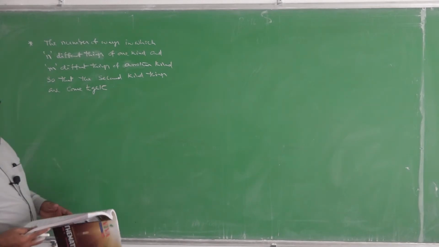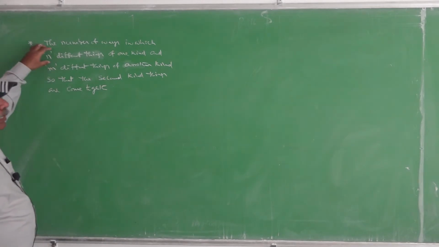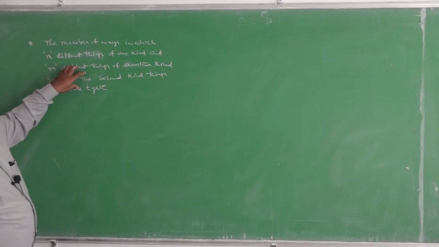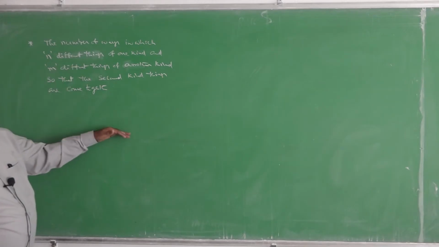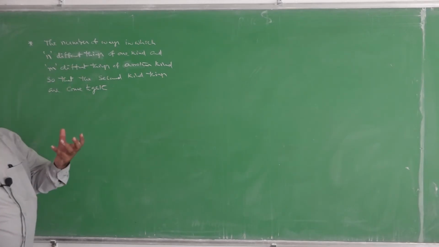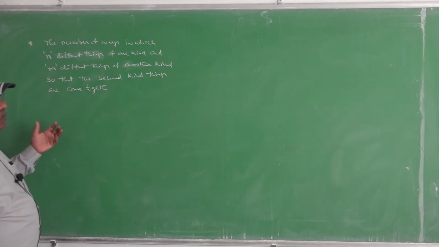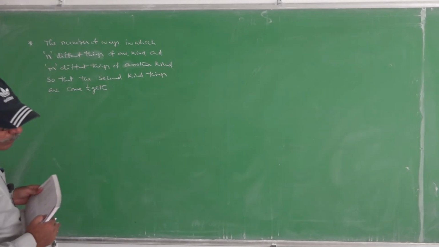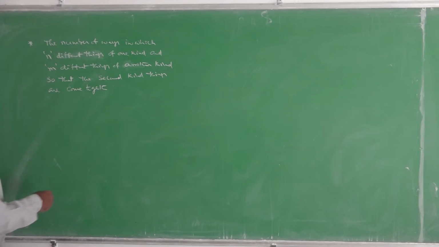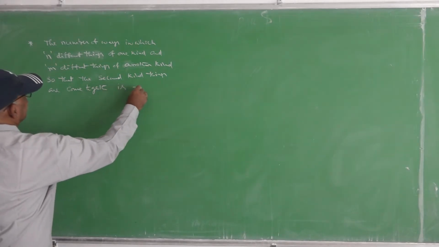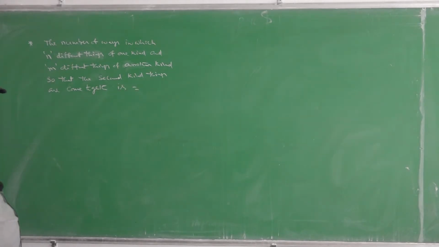Suppose, for example, you have to consider n boys and m girls and arrange them in a row so that all the girls come together. Such number of arrangements is equal to